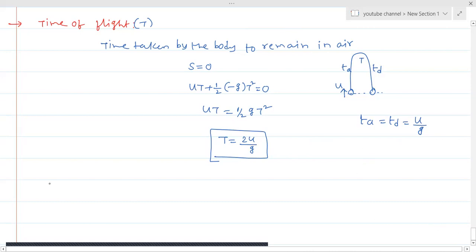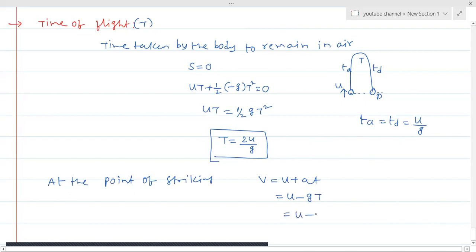Next, at the point of striking, we need the velocity direction. At the point of striking, because it is after some time, I am writing v equivalent to u plus at. The initial velocity is u, the body is projected upwards, a equivalent to minus g. Time means at the point of striking D, the total time taken is t.